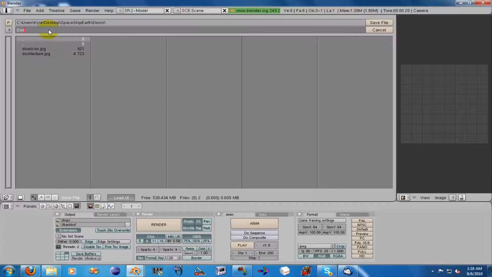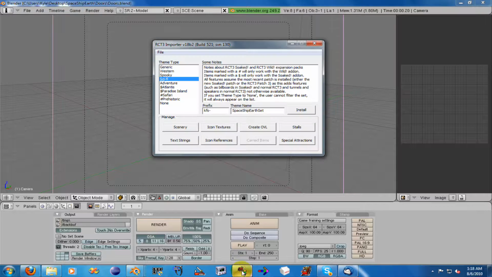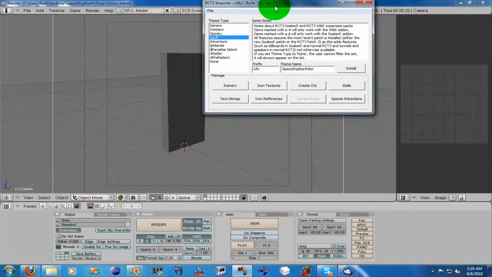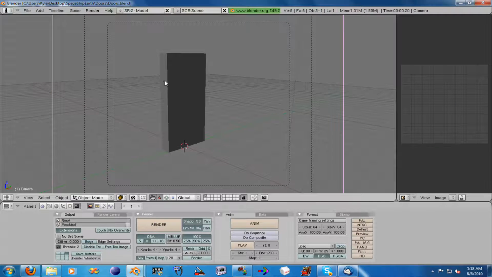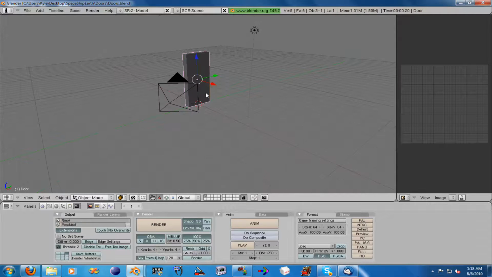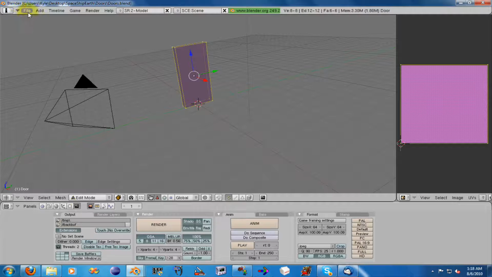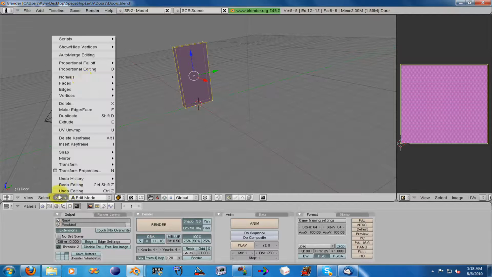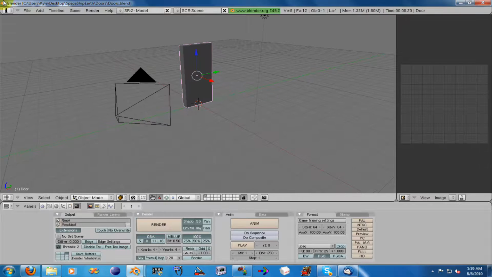Okay, now we want to go into our Rct3 Importer. The Rct3 Importer and RollerCoaster Tycoon 3 only accept triangles. So in Blender, before you export it, you have to select all, and then go Mesh, Faces, Convert Quads to Triangles. And then from there, you can export it as an ASE scene,